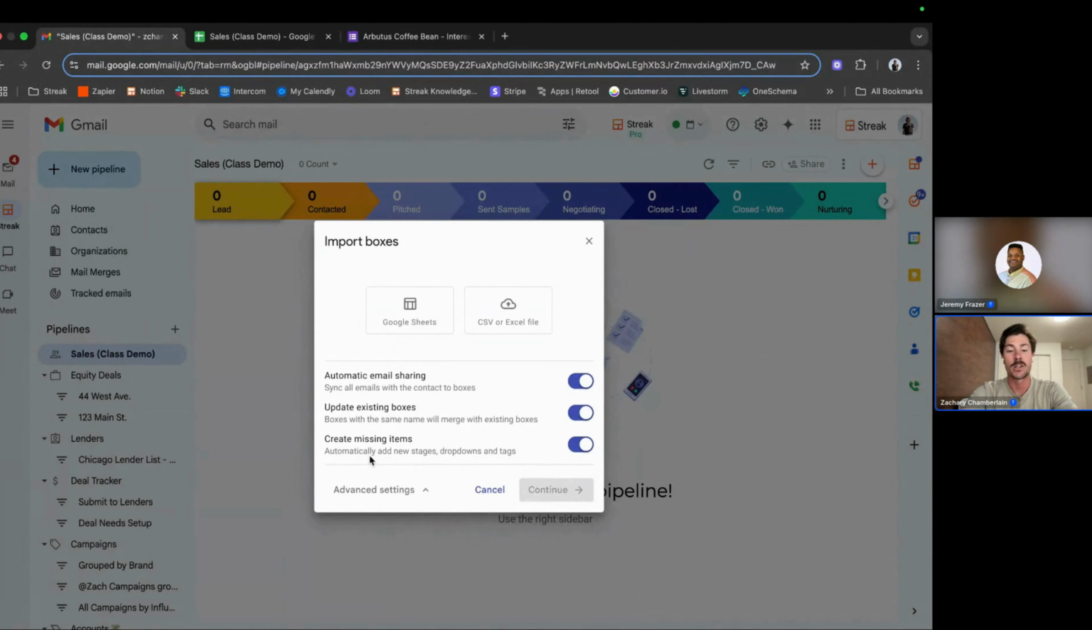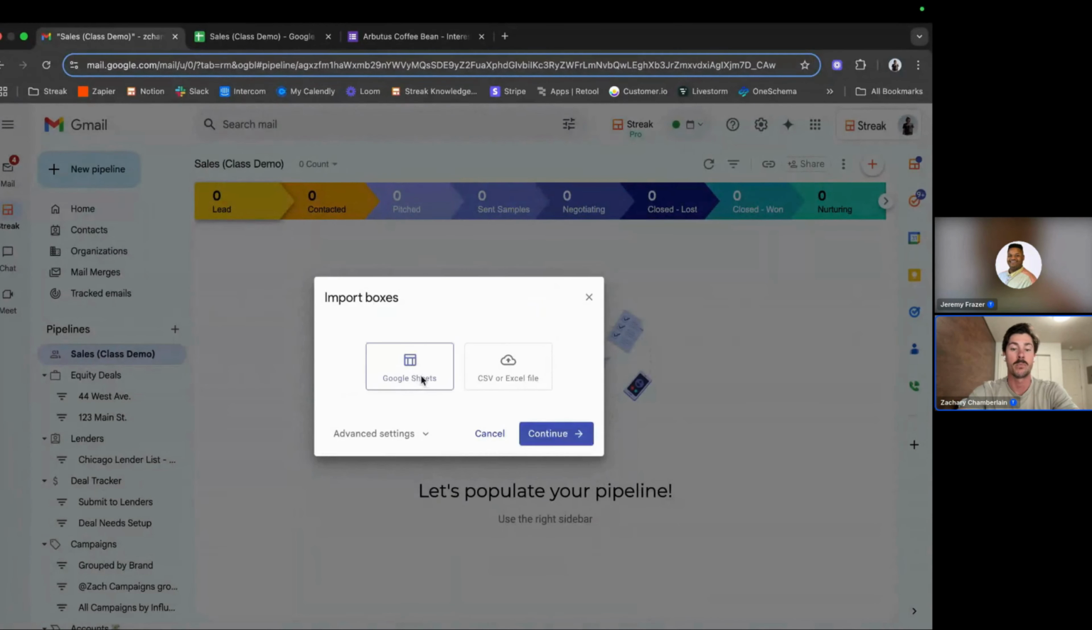And then the last option, create missing items. This is primarily relevant for stages and columns within your pipeline, primarily drop-down and tag columns. So if you're importing data into a specific stage and maybe that stage doesn't exist yet or you forgot to add it during the creation of your pipeline, we can easily create missing stages and also drop-down or tag values that you might be tracking. So I'm going to go ahead and leave these toggled for this example,